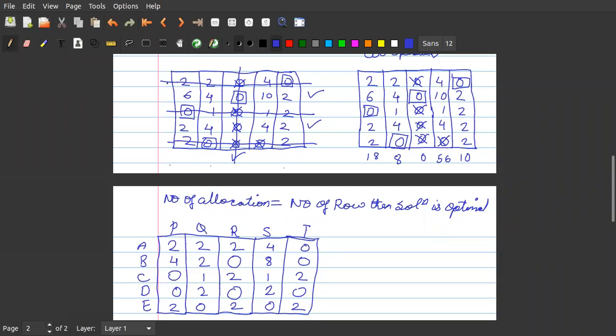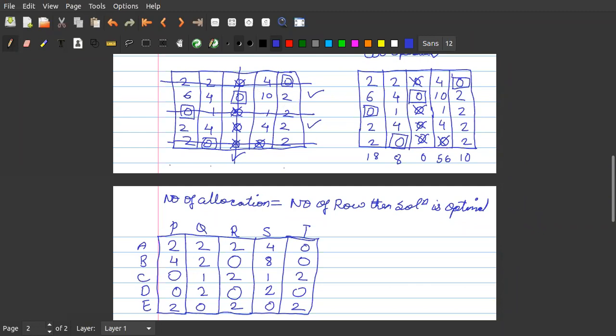In these elements, where there are no lines passing, 6, 4, 10, 2, 2, 4, 4, 2, we will select an element which has the minimum value. So the minimum value is 2. Now 2 is present at 3 locations: 2 5, 4 1 and 4 5. Let it be, we are not bothered about it. What we want is the minimum value.